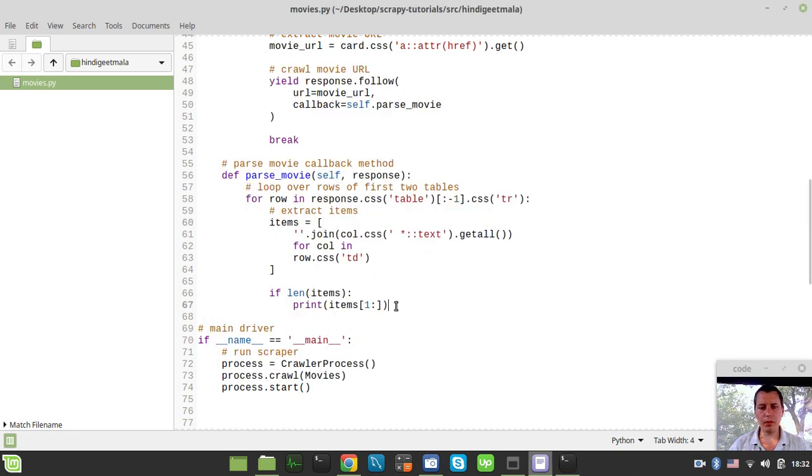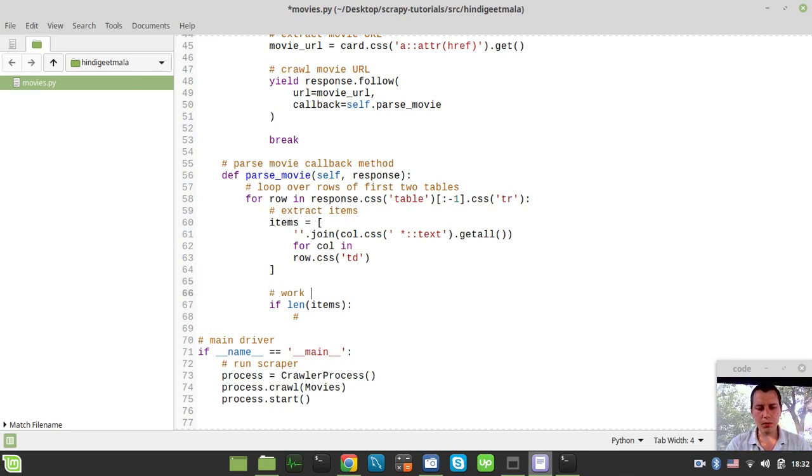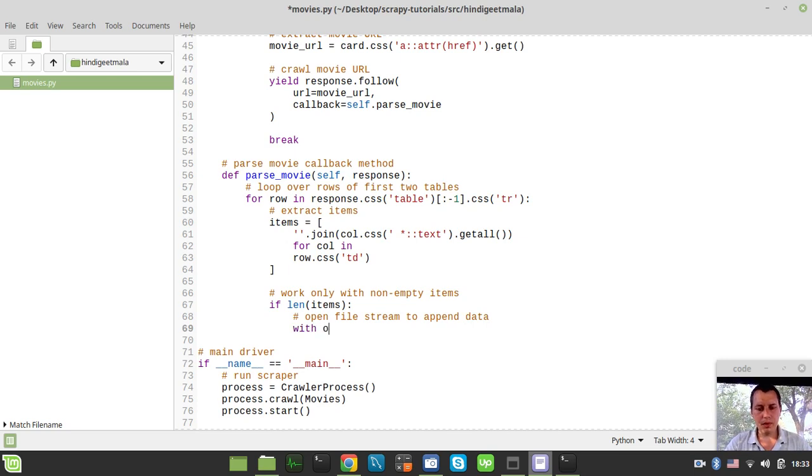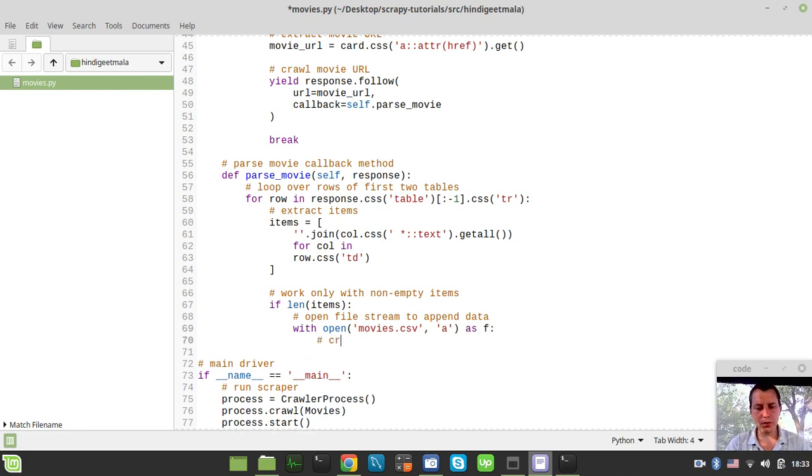Okay, so from now on let's try to write this entire stuff to the CSV file. So here I say just work only with non-empty rows or items, doesn't matter how to call this. So here we just open a file stream to append data, with open, and well, let's call this movies.csv, right? And I want to append to the file stream as file, and now we need to create a CSV writer object. So a writer will be equal to csv.writer, in lowercase, and